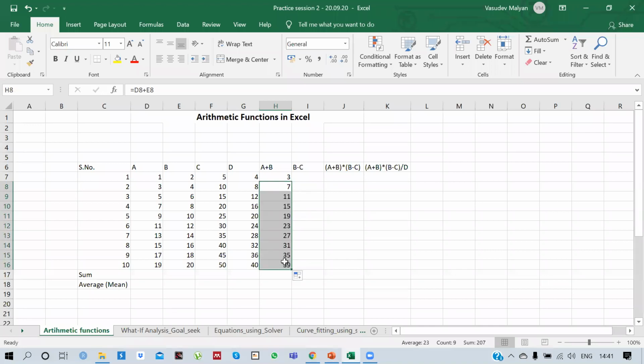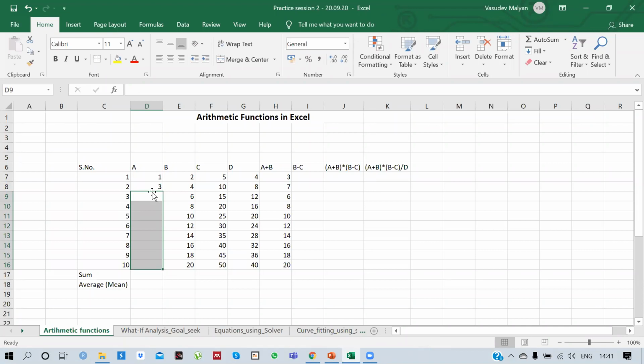When we drag, dragging in Excel means it will copy the function, it will copy the trend you are following in the previous one. I'll give you one very good example here. These are the odd numbers, 1, 3, 5, 7, 9, and so on. If I delete all these, and now I am supposed to add 3 here and 5 and so on, I can add this manually, but if I click on 5 and drag this, what do you think will happen? It will copy 5 all the way here, but I wanted alternate odd numbers, right?